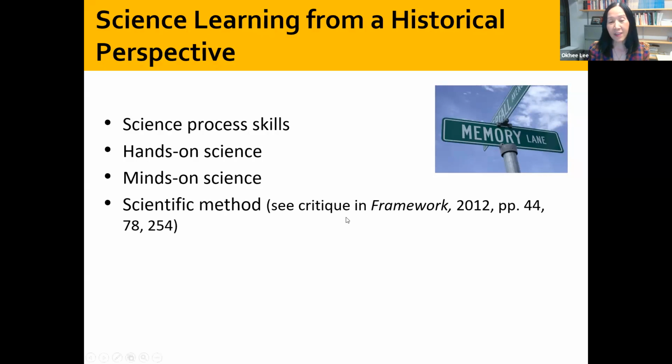By the way, there is a critique of a scientific method in the framework document, at least in 3 places. So the notion is that there is no one scientific method in science education. There are multiple approaches to do. Now there is also another one, the critique of skills that we use. We don't use the skills because the skills are more discrete kinds of things, but we would like to use more mental abilities. So that's another critique in the framework document.